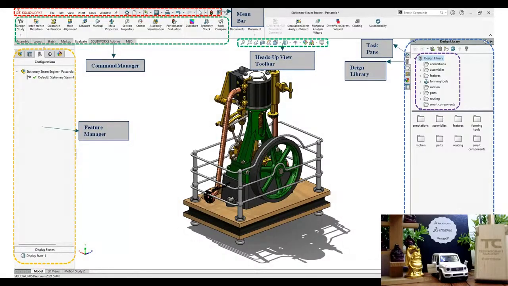Yeah. Next thing is this one. The graphics area. You could see this is the graphics area. So what exactly we do here? We take the component, we do all the design, creating the part, we do everything here and we save the part. Yeah. So this is what we do here. Next thing is